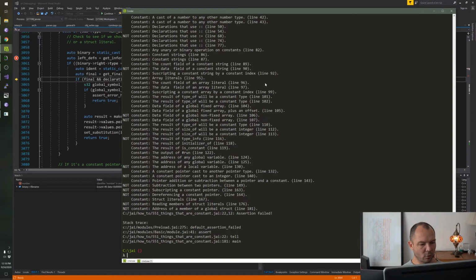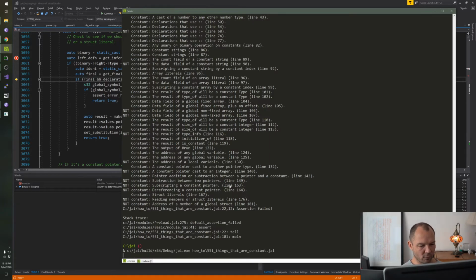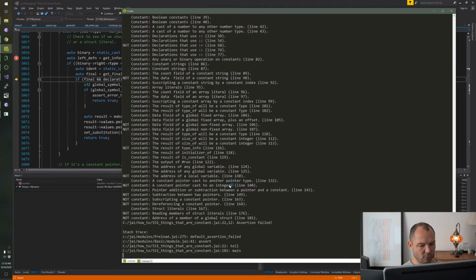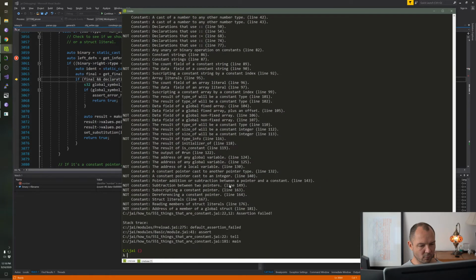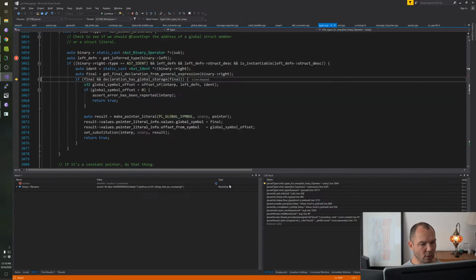Address of a member of a global struct. It says not constant. Oh, maybe declaration has global storage. It's not true.